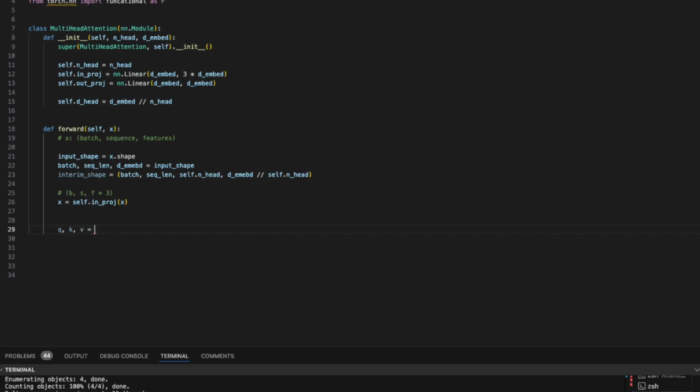QKV are the matrices, and then c dot chunk 3 dimension minus 1. So in the last dimension we will chunk 3 matrices. So basically we will have Q, K and V. So what I was writing, this thing, 3 multiplied by BS and F. So Q equals to Q dot view